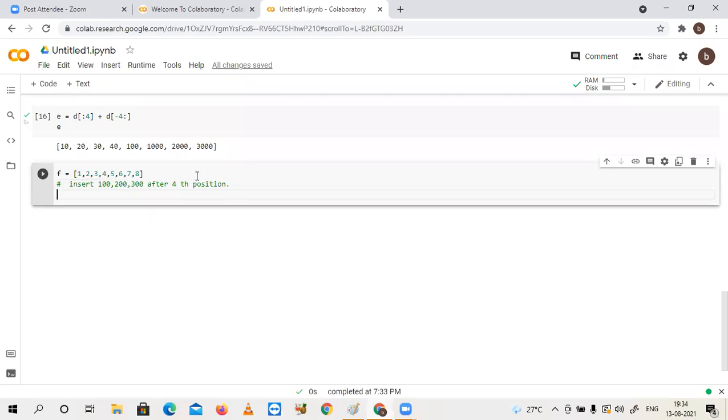I don't want to lose any previous values. After the fourth position, I want to additionally insert 100, 200, 300.